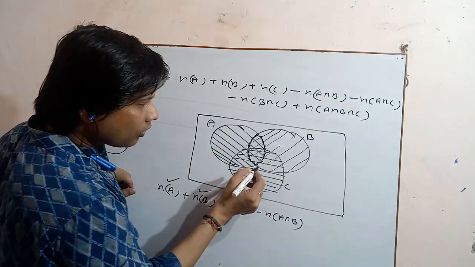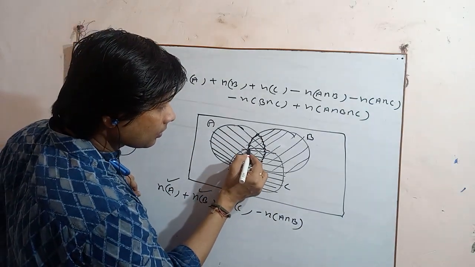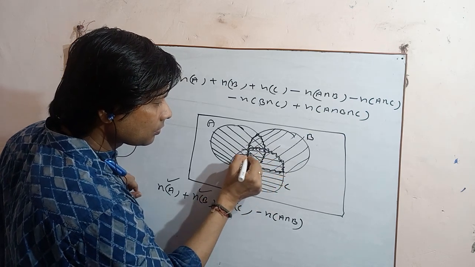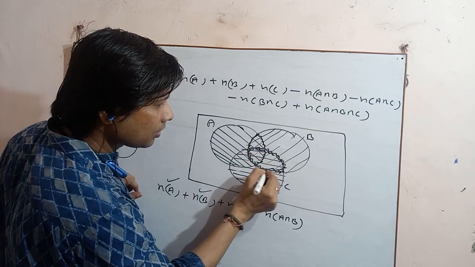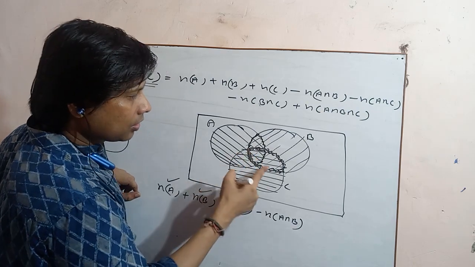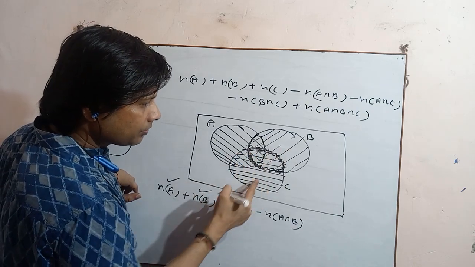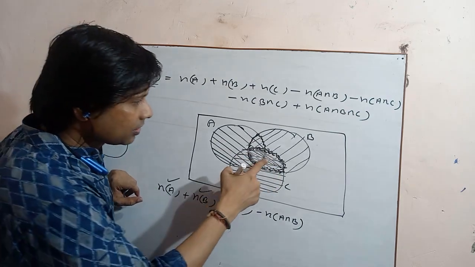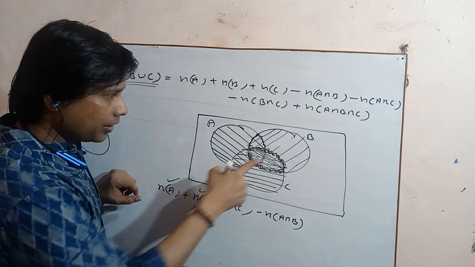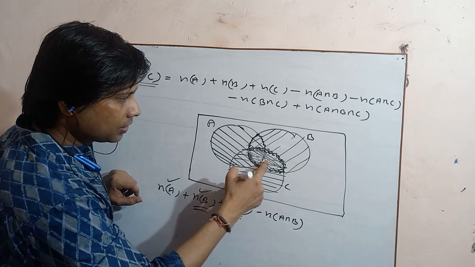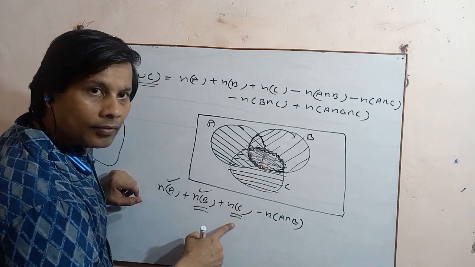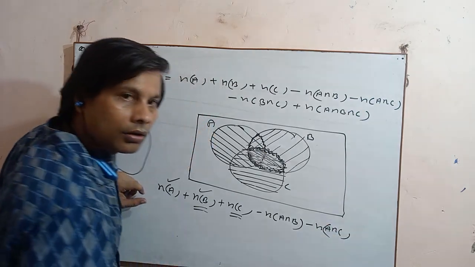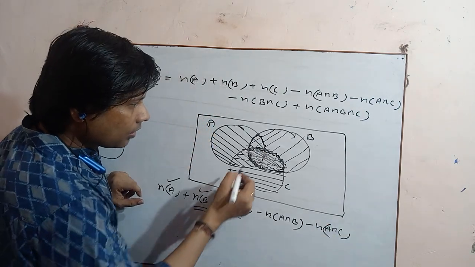Similarly, when you are talking about this one, are you getting this one? This part is in B also and this part is in C also. This part I am talking about. Right? So this part is in B. I have taken B already, and this part is already taken in C. So two times I have taken. So one time I will subtract. Right? Then the same way, look at this one.